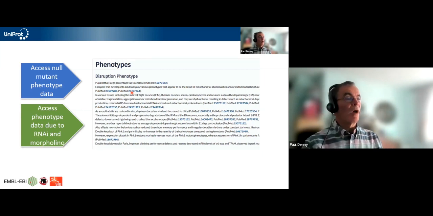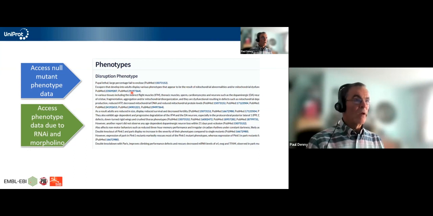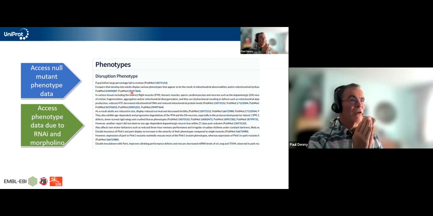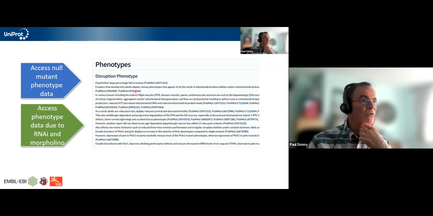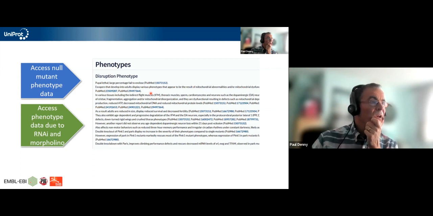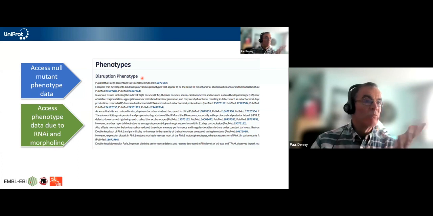The equivalent for a model organism, instead of disease, is normally known as phenotypes or abnormal phenotypes. They get grouped together with disease on the website. I think in this example it might be a fly protein from the fruit fly Drosophila, though I'm just guessing which particular entry this is. The disruption phenotype is a description of the phenotypes, the traits associated with variants in